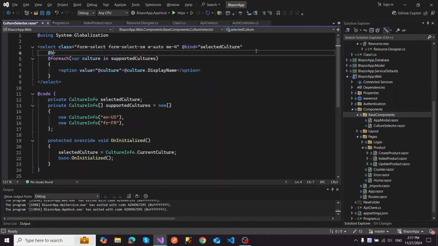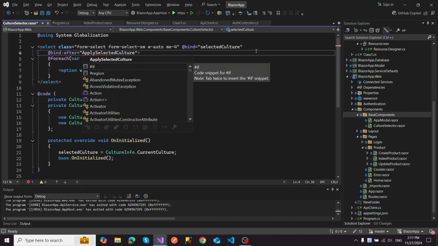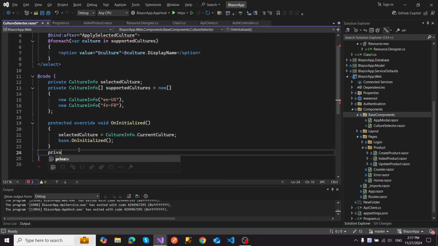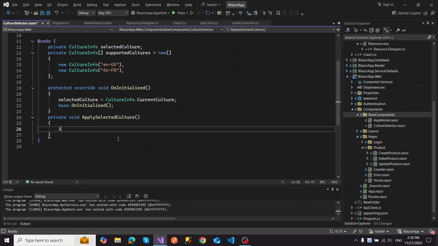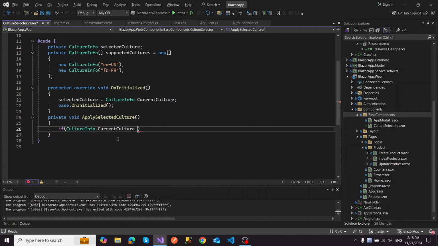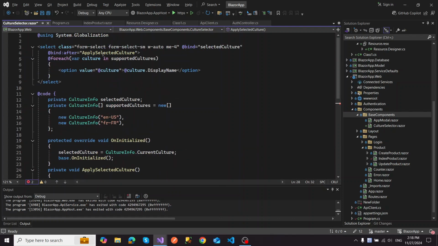After selected culture changes, call the function ApplySelectedCulture. In this function, if the current culture differs from selected culture, get the URI from Navigation Manager. We need to inject Navigation Manager